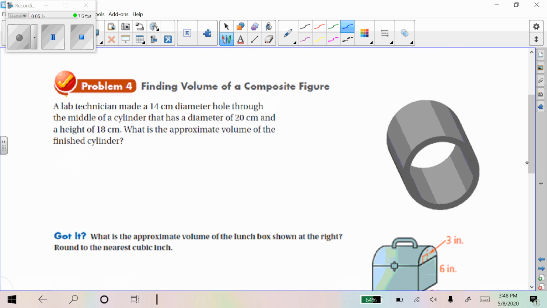All right, finding the volume of a composite. So we have a hole in this. So what we're going to do is we're going to find the volume of the cylinder, and then we're going to subtract the volume of the cylinder that makes up the size of the hole. So that gives us